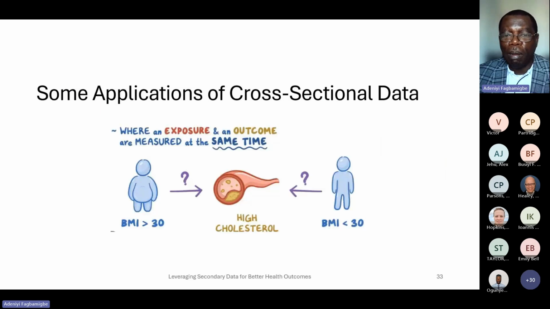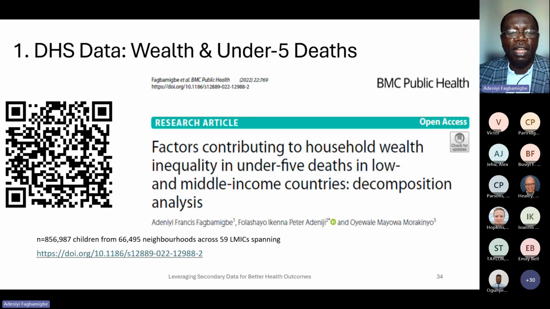the UK, which have got some applications of cross-sectional data. For example, in this particular study, with some of my colleagues, we looked at what contributes to disparities, that is wealth inequality, in under 5 deaths in low and middle income countries. As you can see, the United Kingdom is a high income country, so it will not be one. But like I said, we can actually explore